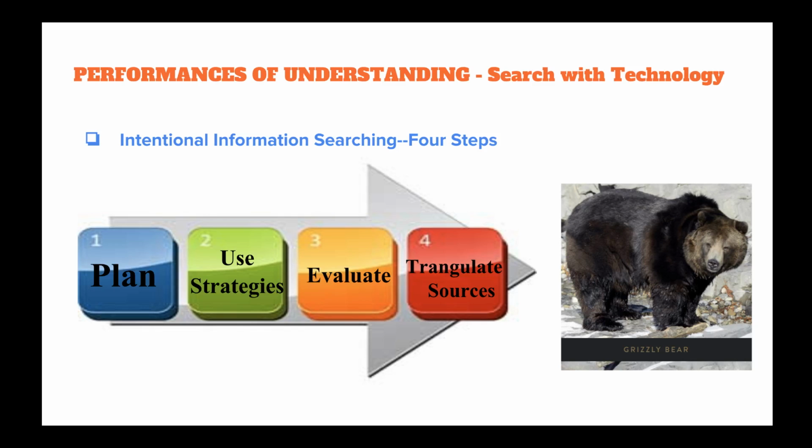In order to get this information, strategy is needed. The teacher will then help students identify search terms by modeling the process of turning questions into effective search keywords. They can ask students questions like, what is the ecological role they play in the ecosystem? And then the teacher will point out that terms like grizzly bear ecological role could be developed into a search string used in Google search. If the previous strategy doesn't work to support their purpose, students can narrow the search by adding additional terms, expand the search by removing some of the terms, or simply scratch the original search and start over.